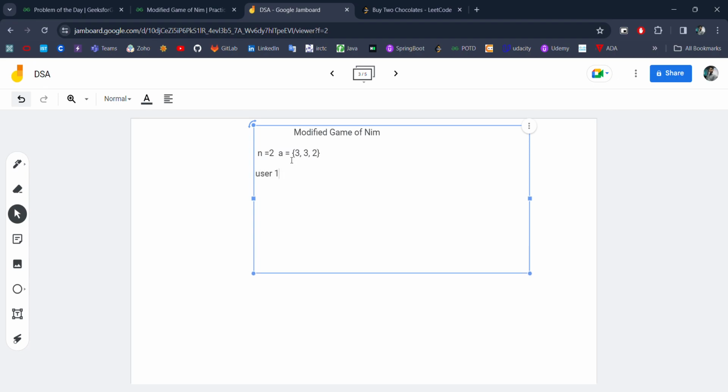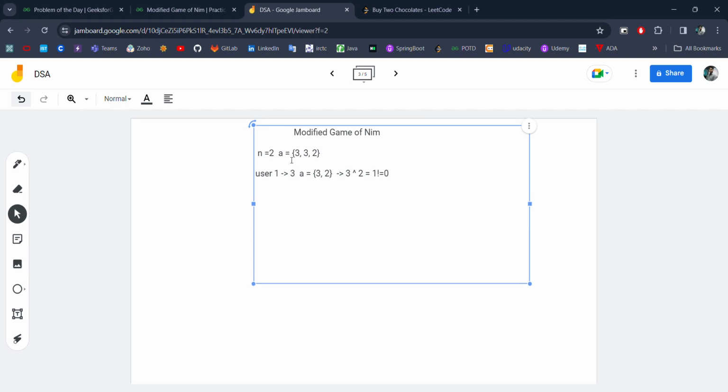First user 1 will take element 3, then our updated array will be this. In that case the XOR of the remaining elements in the array will be 1, which is not equal to 0.